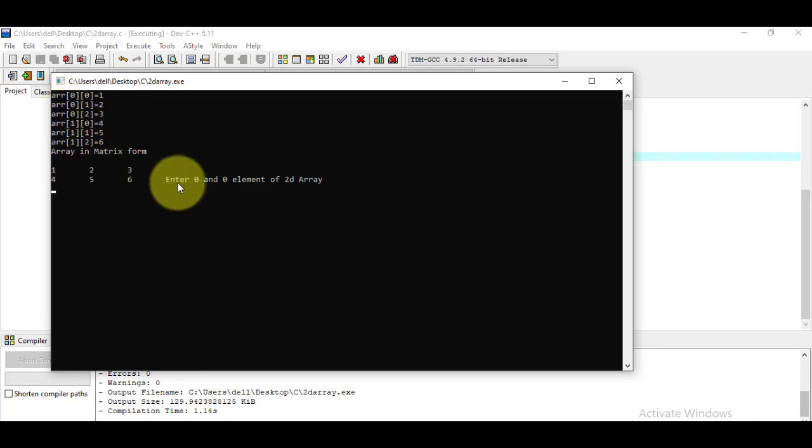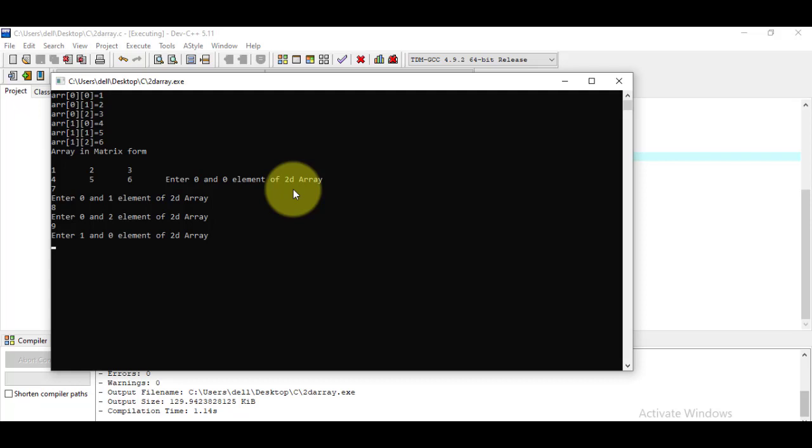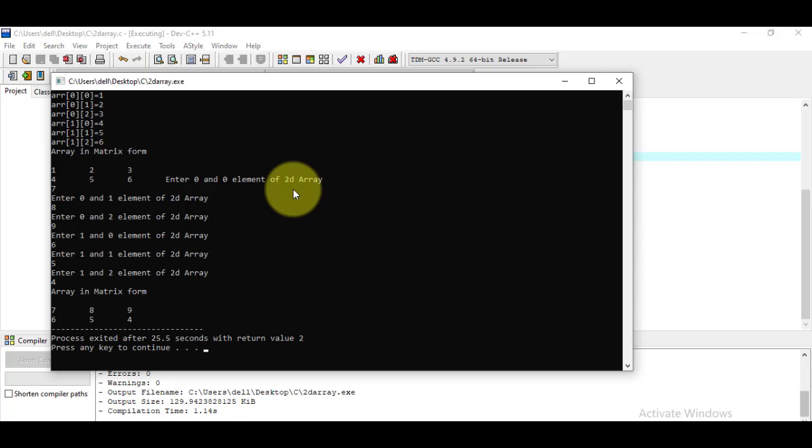Now it's showing me the message over here: enter 0 and 0 element of the two-dimensional array. So this time I'm entering 7, then 8, then 9, then 6, then 5, then 4, then press enter and it's showing me like this.